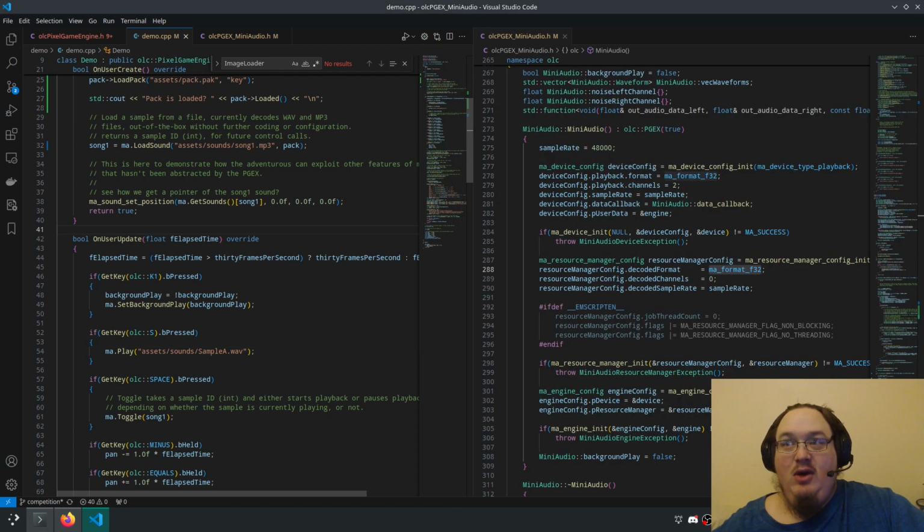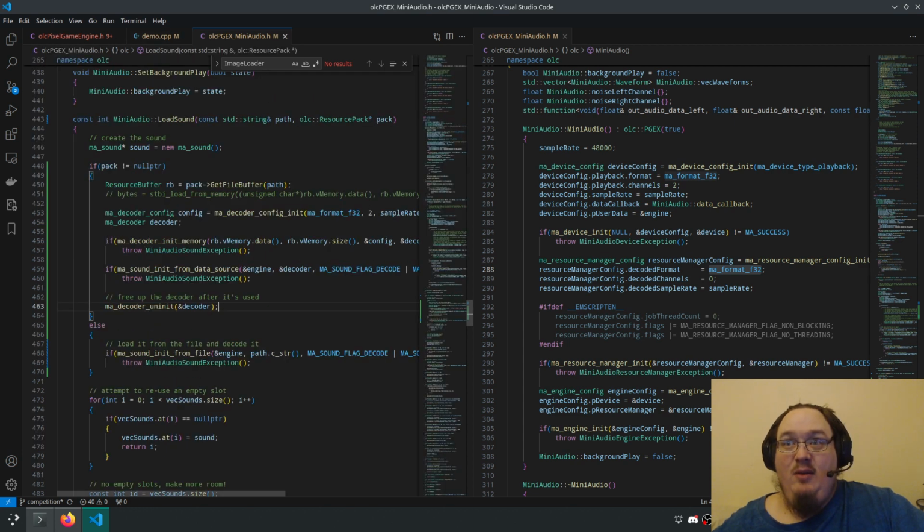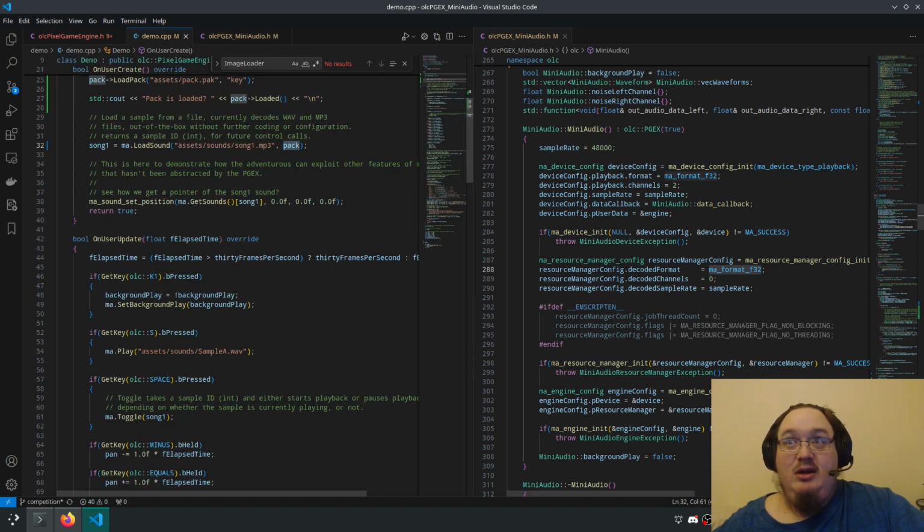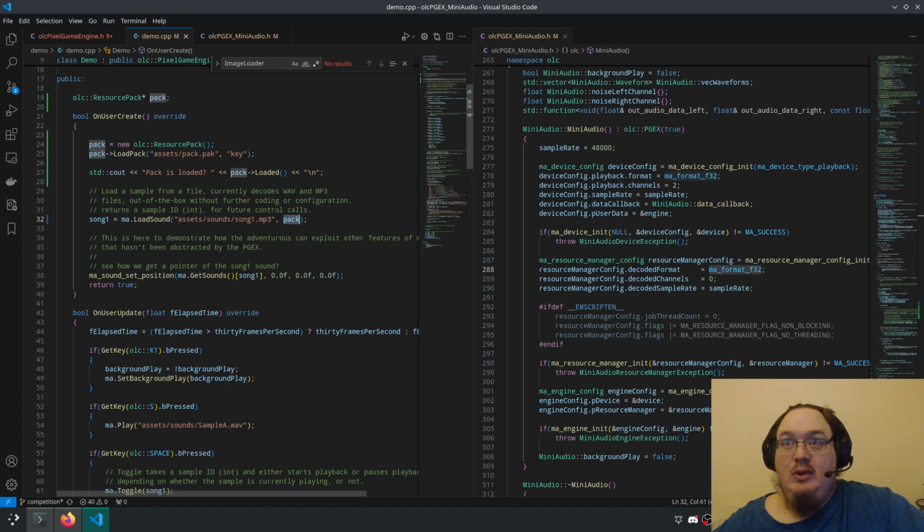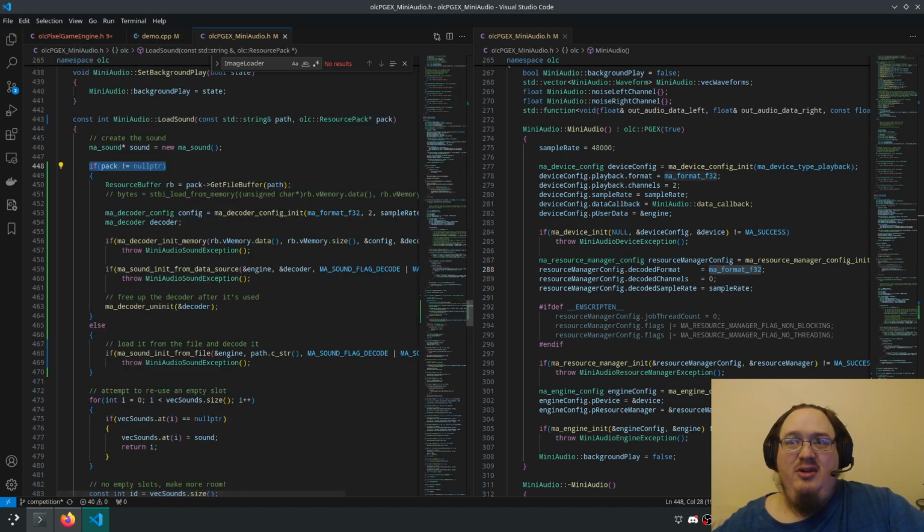So I'm just going to go ahead and build that and see if that works. Because now we're passing it a pack, which means that when it comes in here, it's not a null pointer. We know that it's not a null pointer because we actually checked that it's loaded. I suppose I could put some sort of assertion there, but I'm not going to. Not now. We don't need this. You know what, I'm going to keep it just for reference.